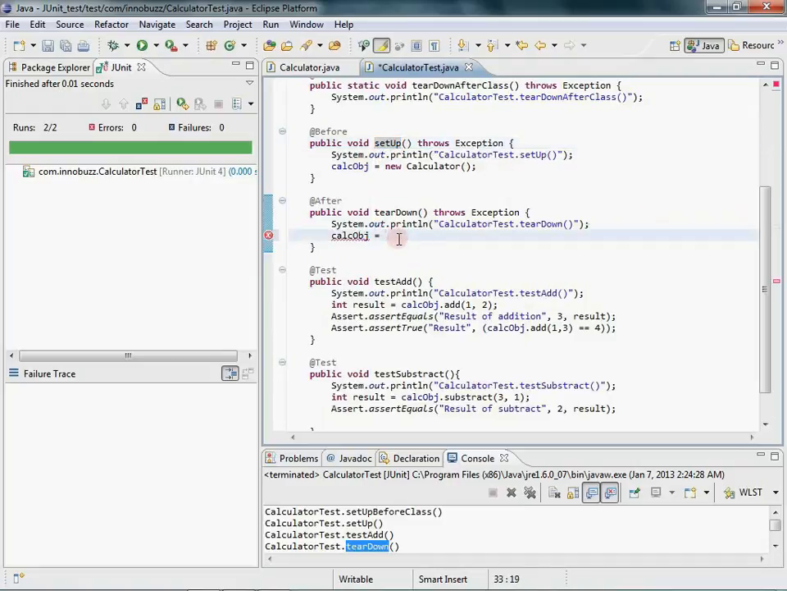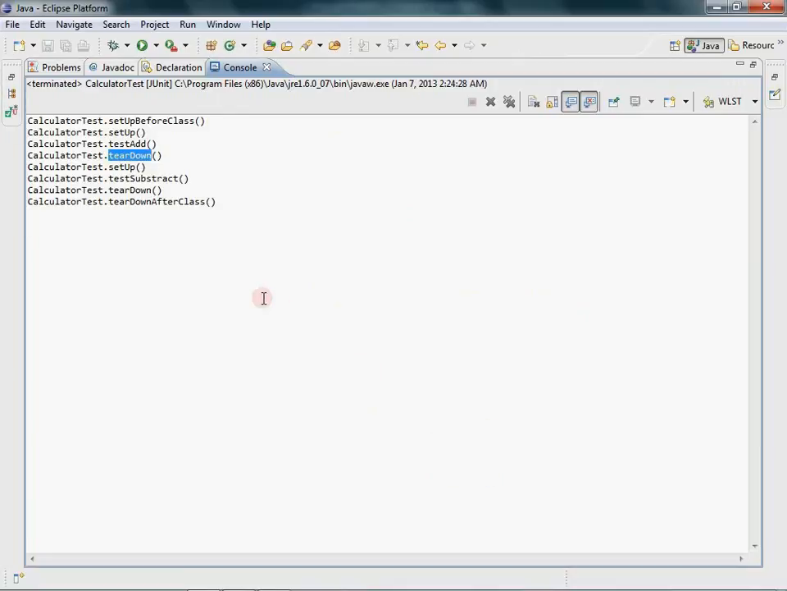Now the teardown will be releasing it by just calling null. So once you have performed this test add, I need to nullify it. And next, we'll see what is there in your lifecycle method invocation order. It is the setup. So after setup, we call test add, then tear down, then setup, test subtract, and again tear down, and finally tear down